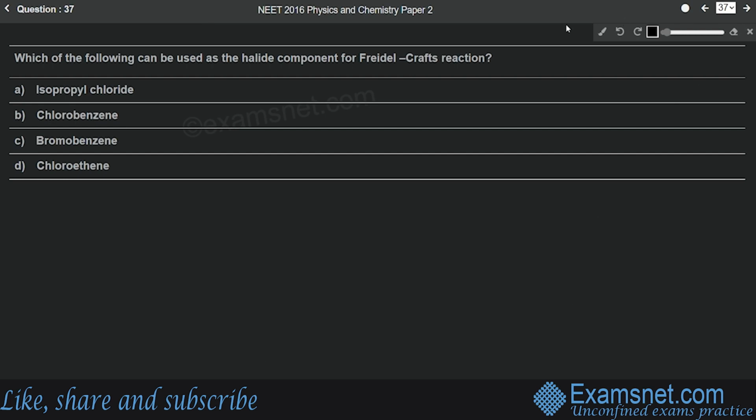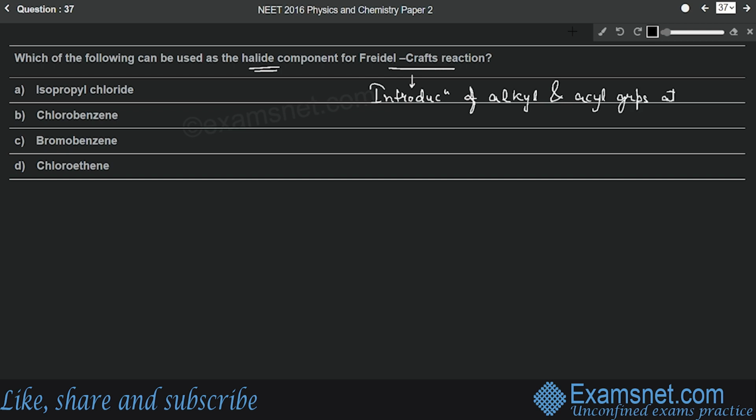Now question number 37 is from the chapter Haloalkanes and Haloarenes, and the question is: which of the following can be used as the halide component for Friedel-Crafts reaction? So what is Friedel-Crafts reaction? It is a reaction in which alkyl or acyl groups are introduced at the aromatic ring. So this is introduction of alkyl and acyl groups